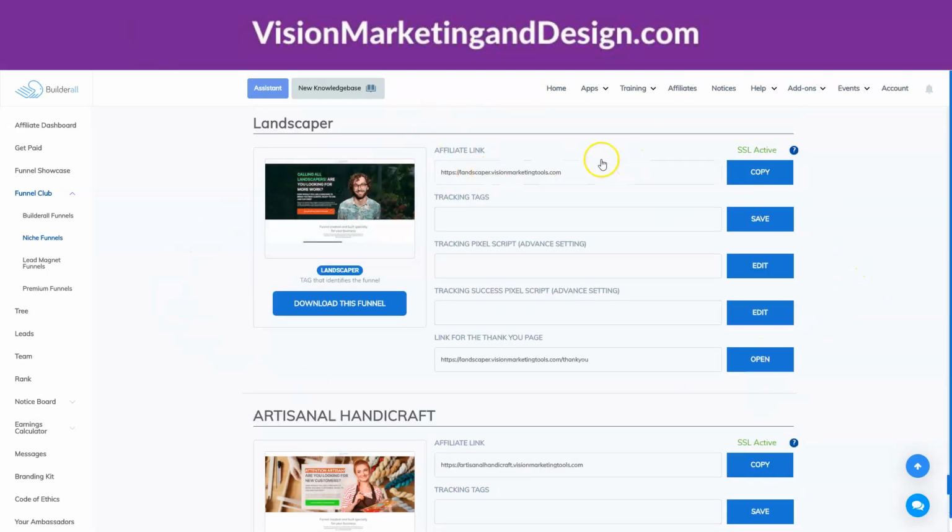Now, I do have a domain connected to all of my Builderall funnels. It's visionmarketingtools.com. So since I have a domain already connected, you'll see that all of these funnels have my domain after them. The name of the funnel is actually the subdomain. So you will not be able to get your ads approved if you do not have a domain connected to your funnel. So I definitely recommend, if you're going to start running Facebook ads using these funnels, to go ahead